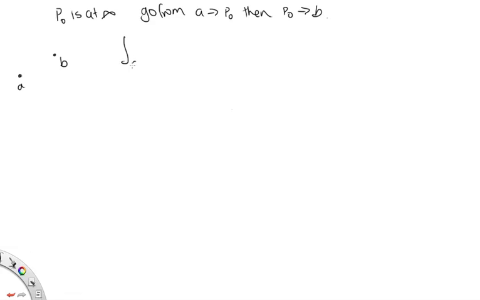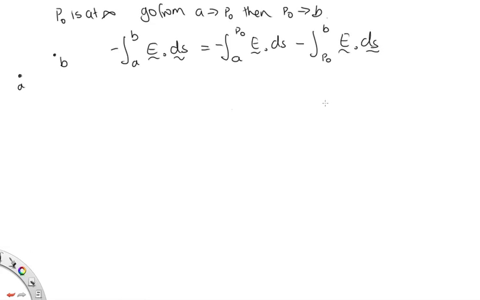So we can write, we've got A to B of E dot ds, and this is equal to going from A to P naught, E dot ds, and then from P naught to B of E dot ds. Now what we're going to do is define this as negative our potential at A. So this is minus VA, and we'll define this as our potential at B. So this tells us that VA is equal to the integral of A to P naught of E dot ds,